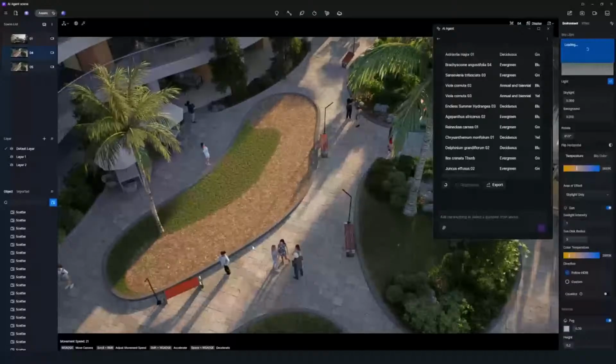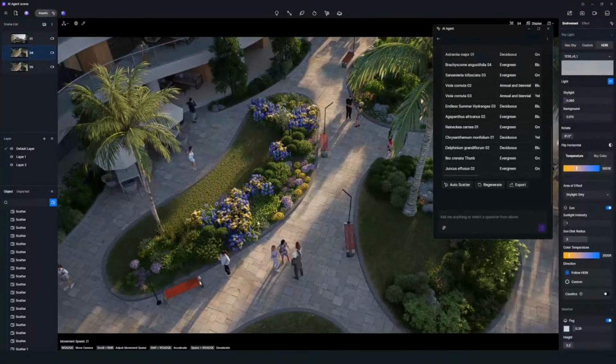There you go. A beautiful flower bed is done. How simple is that? Another thing about the AI agent is that it isn't just randomly throwing plants around either. If I hide the vegetation and show you the scatter highlights